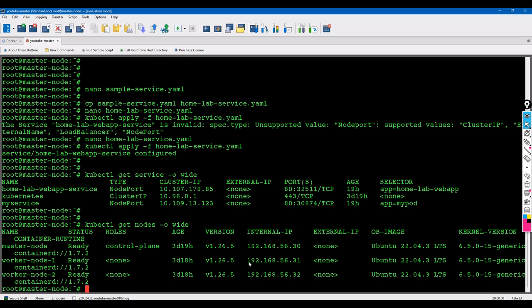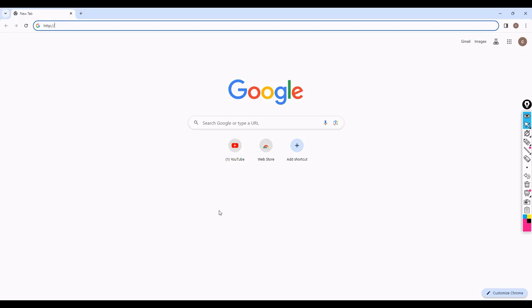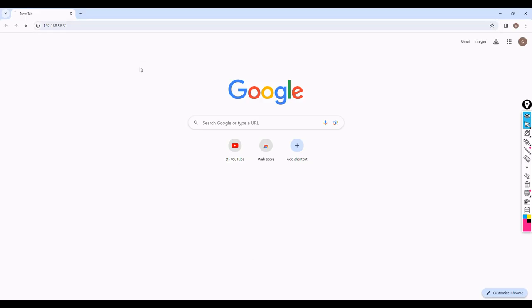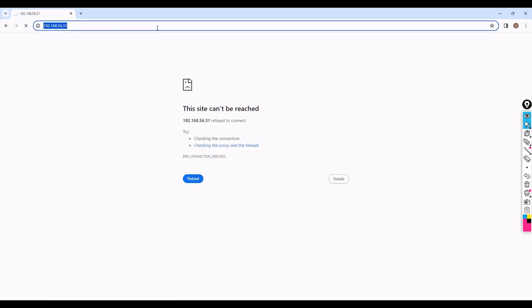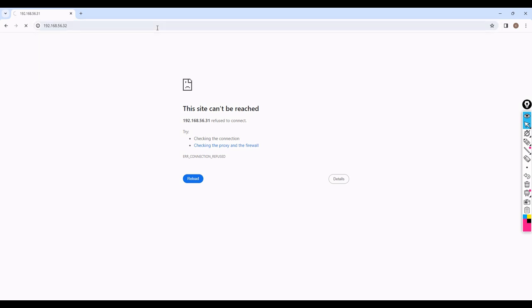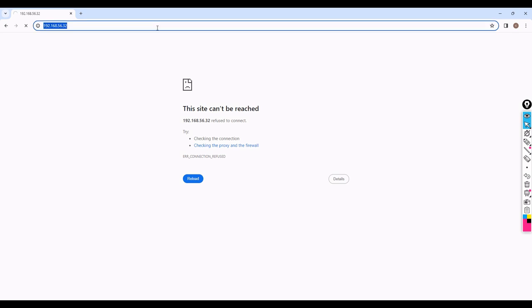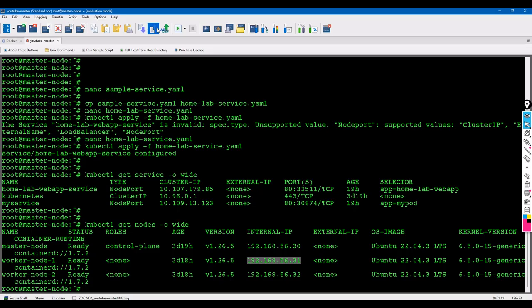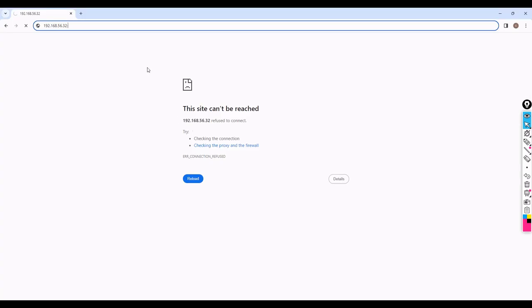This is 31, and 32. Okay, this is not open, but if I put the exposed service port 32511,